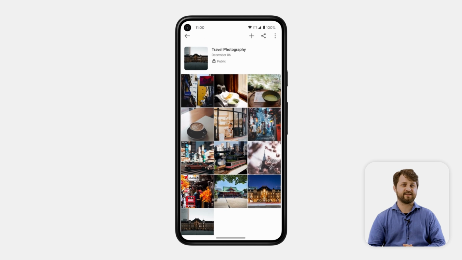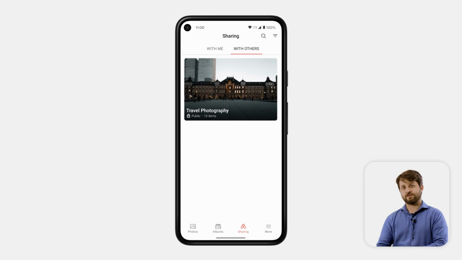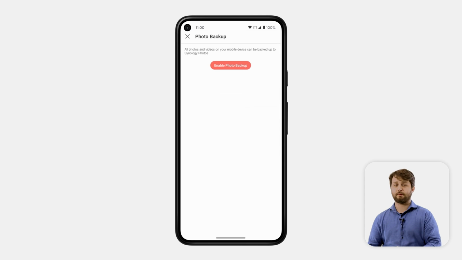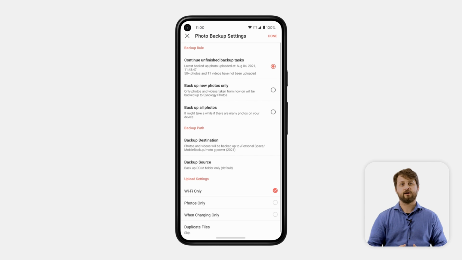Now, one of the last things that you'll want to check out inside of the Synology Photos app is the Synology Photos backup. So you can actually set up a backup task on the Synology Photos app from your mobile device directly to the NAS, so the NAS can take care of those photos. And in a couple minutes, we're going to talk about some backup options to back up all that photo and application data off of the NAS to a safe and secure cloud location.